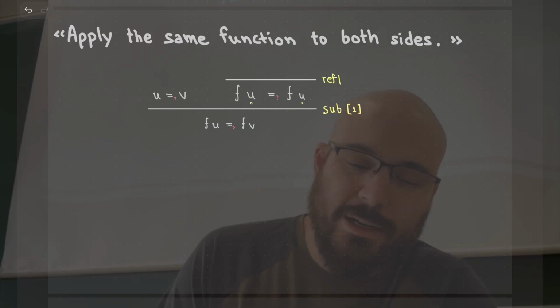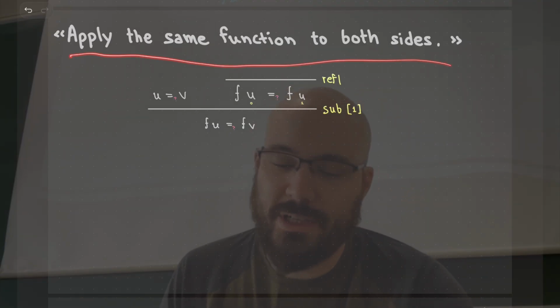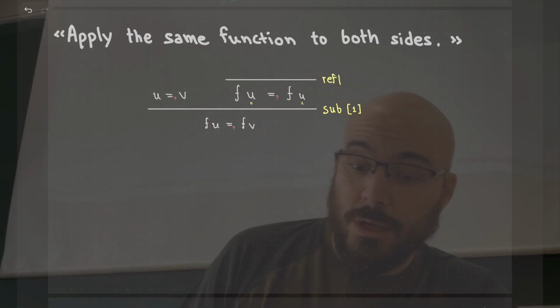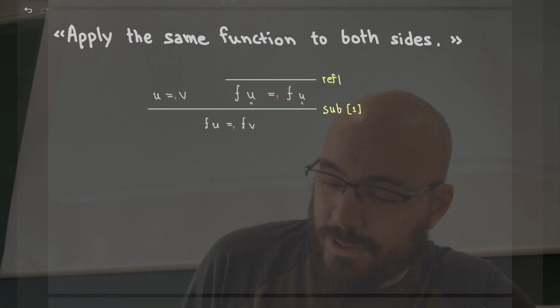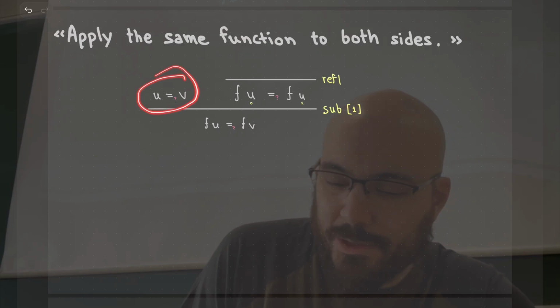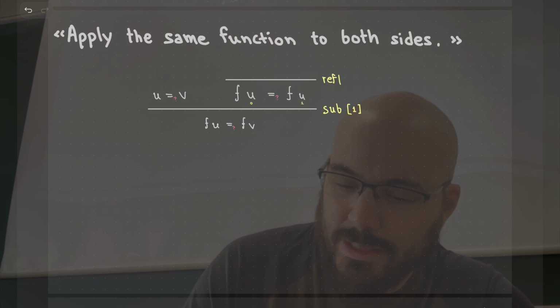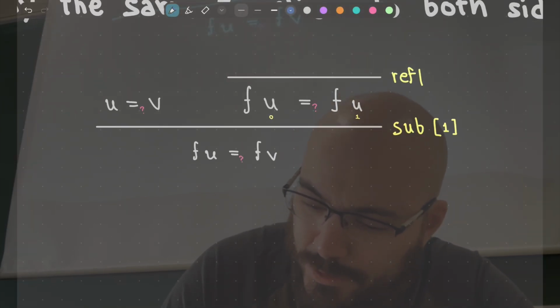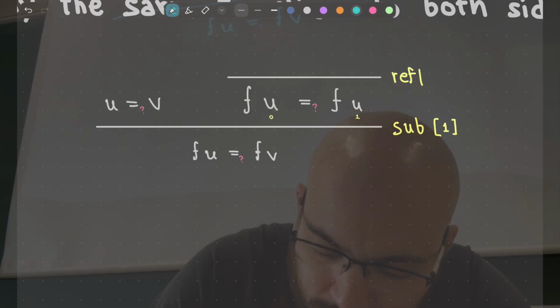We want to justify rules like "apply the same function to both sides," which we do all the time in mathematics without having it as an axiom. So how did we infer this idea? We want to start from an equation like u equals v, and we want to apply some f on both sides. So just let me ask you something to wake you up here, which was a homework or something like that. Supposing that this is alpha,